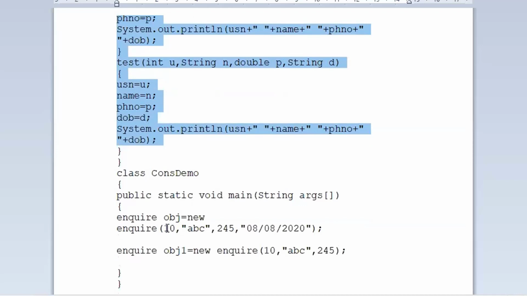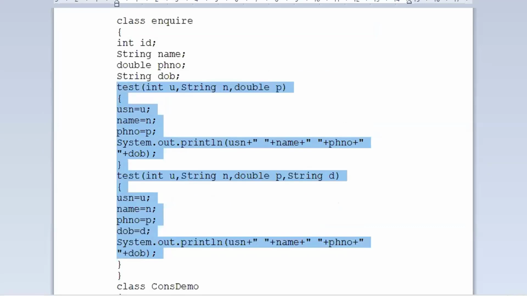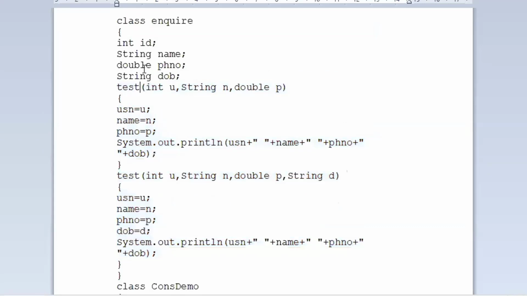One object has been created by passing 4 values. When you are passing 4 values, the constructor which accepts 4 values will be called, right? When you are creating an object by passing 3 values, then the constructor which has 3 arguments will be called. I have to replace this constructor name, so the class name has now been changed to enquire.